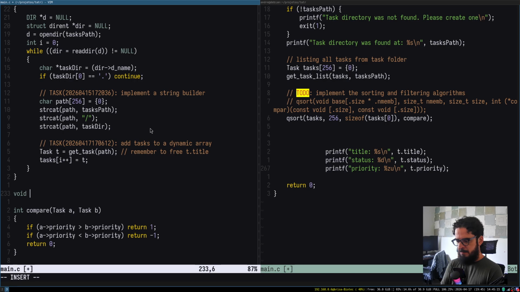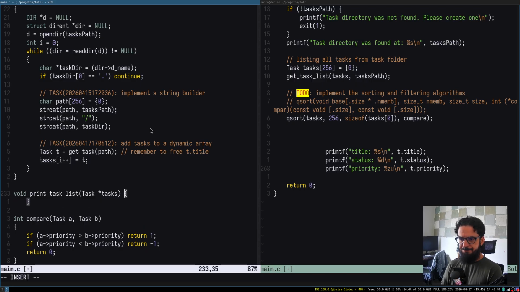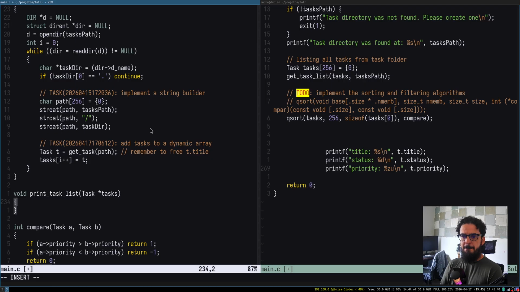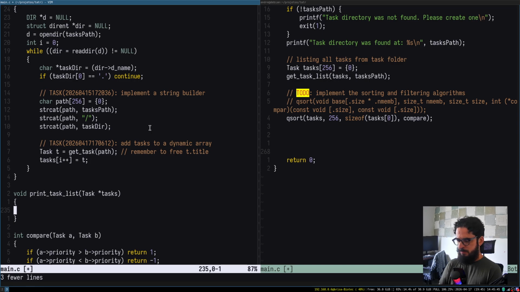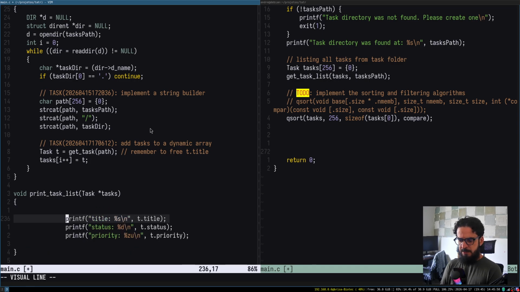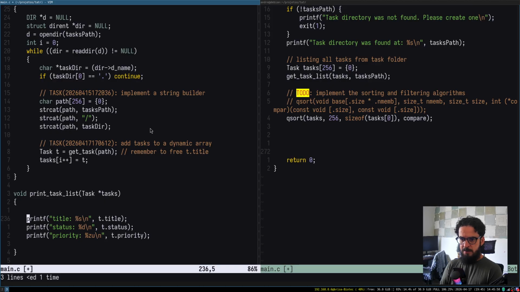So this is void and print list, print task list, and I will receive a pointer to the task list like that, and I will do this can come to here. It will be here somewhere, right? And I can,